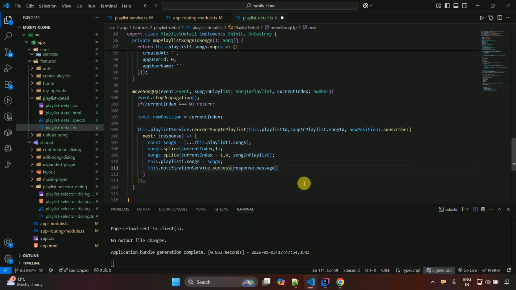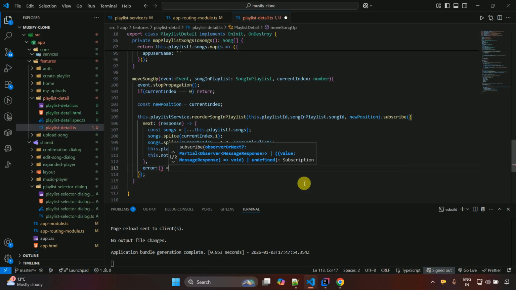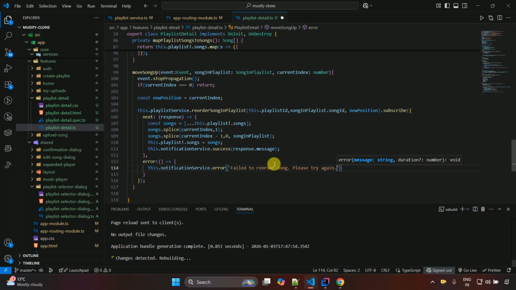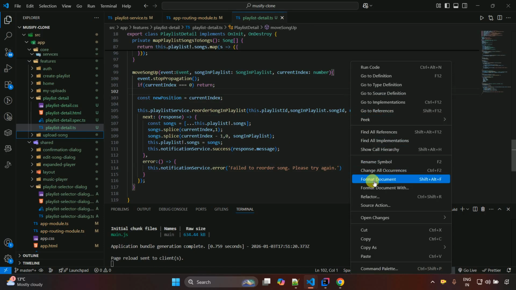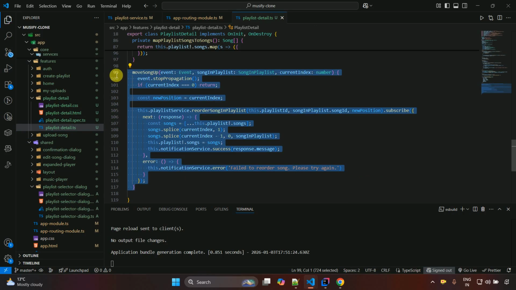if any error occurs. So let's handle that one also, error, then like this curly brackets, and this.notificationService.error, and then failed to reorder song, please try again. This message I want to show to the user. Let me format this one, save this one, and let's copy paste this method once over here,